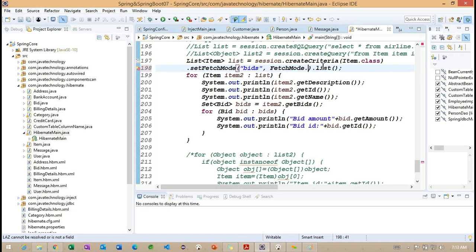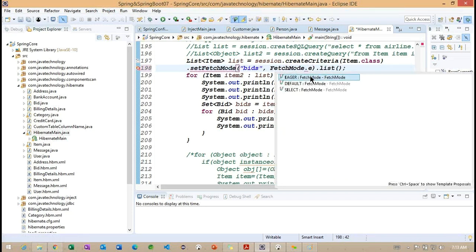Same way, we need to work with eager loading. How exactly is this particular eager load going to work?